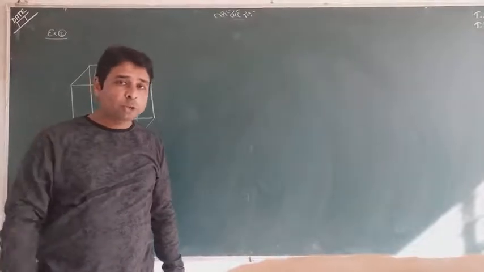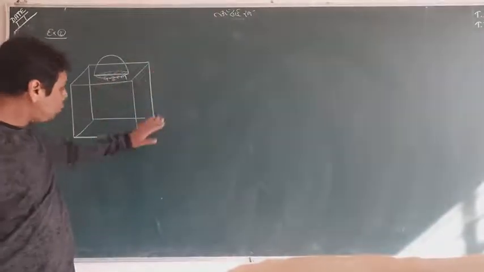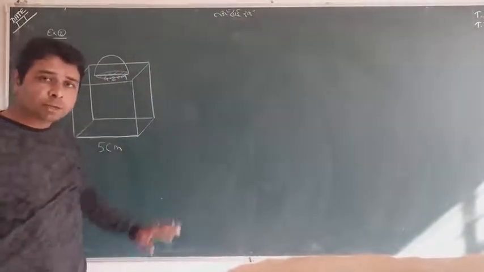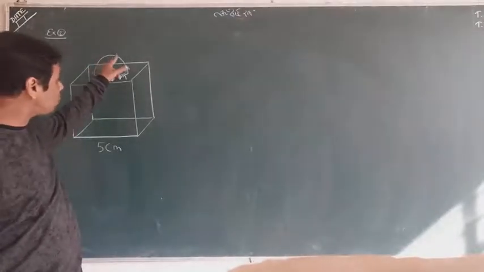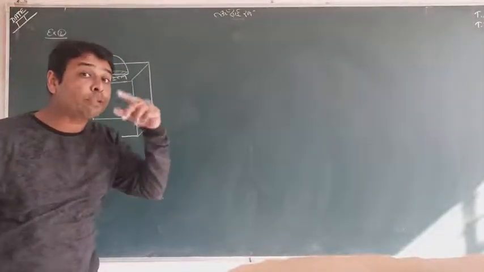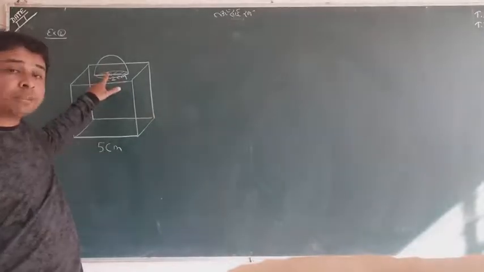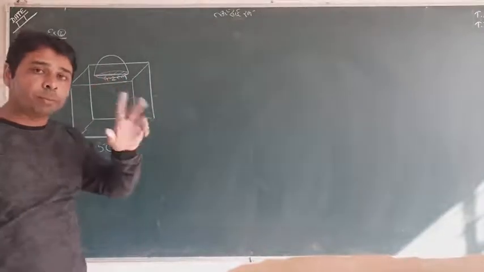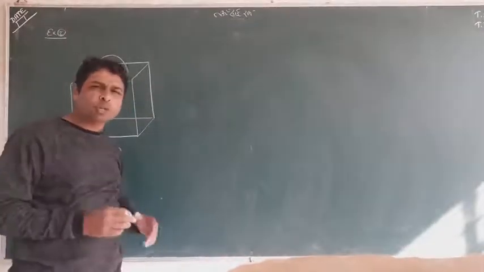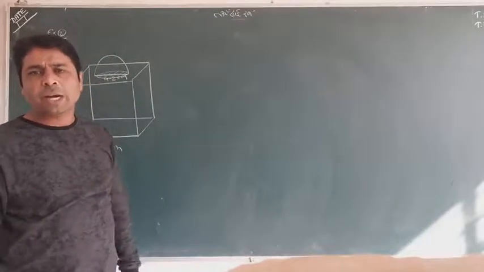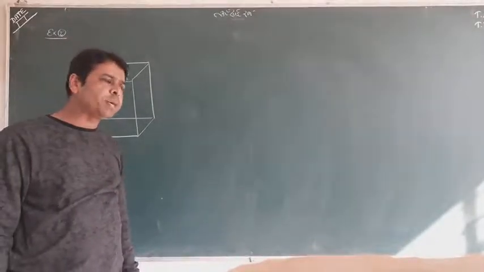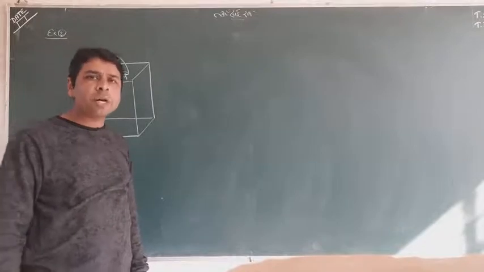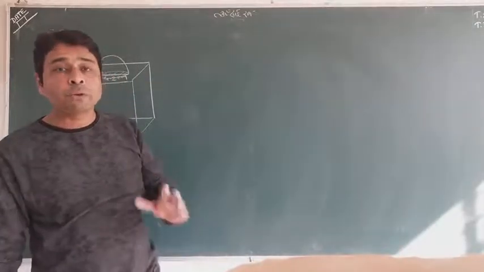So okay, what will you do? You will first find the whole surface area of the cube. You will find the curved surface area of the hemisphere, but you have to subtract the area of the base of the hemisphere, which is a circle. And that will be your answer. I don't think I have to tell you much about that. Very easy. I again want to say that surface area is such area which is visible to your eyes.